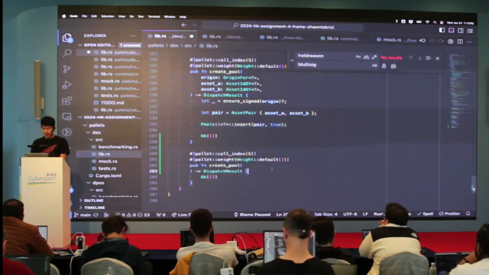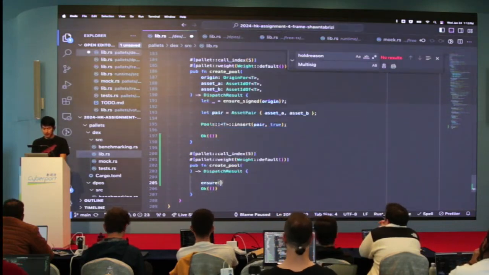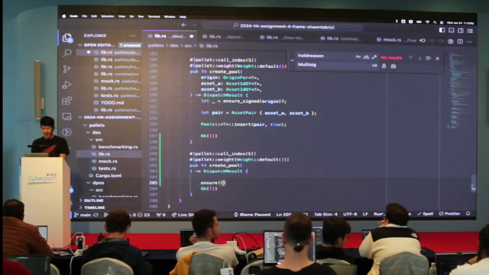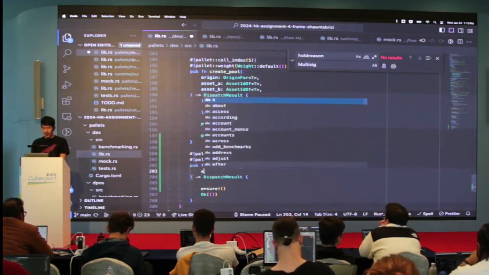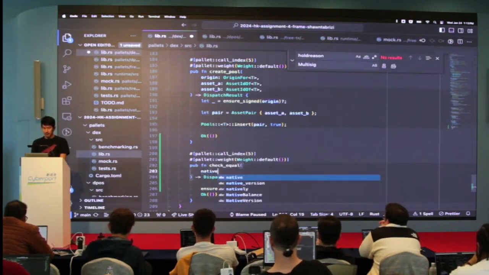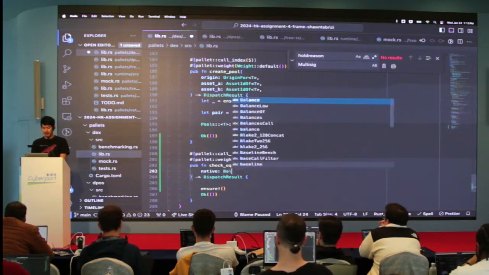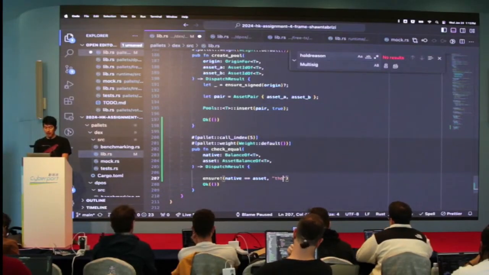And I just want to ensure that, so this is going to be a function check_equal, and it's going to have native, which is going to be a BalanceOf T, and asset, which is going to be the AssetBalanceOf T, right? So these are two different types, and I want to ensure native equals asset, or they are not equal.